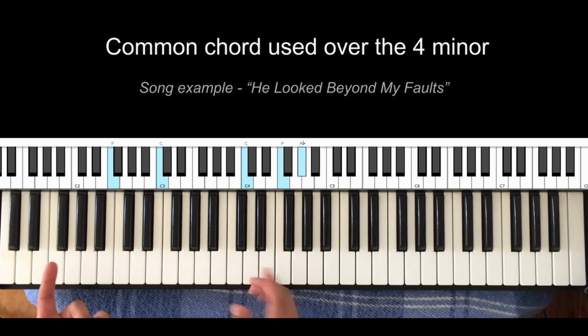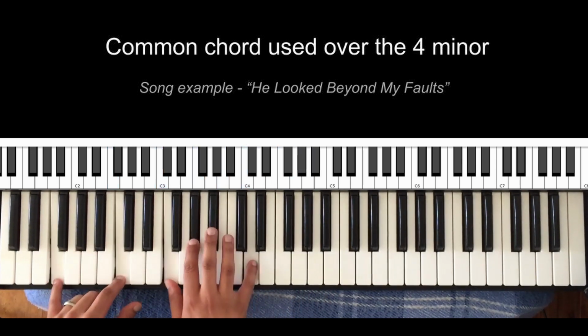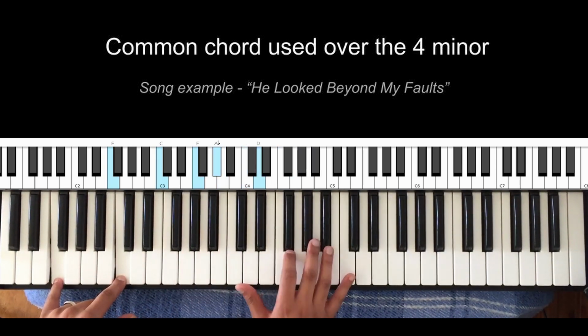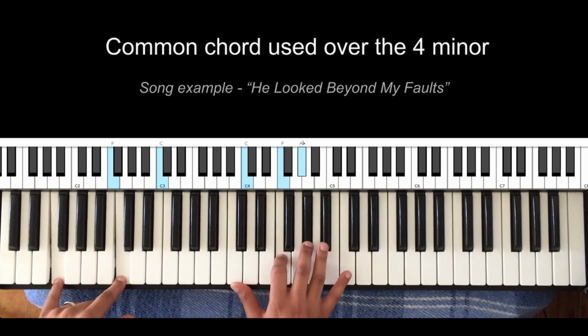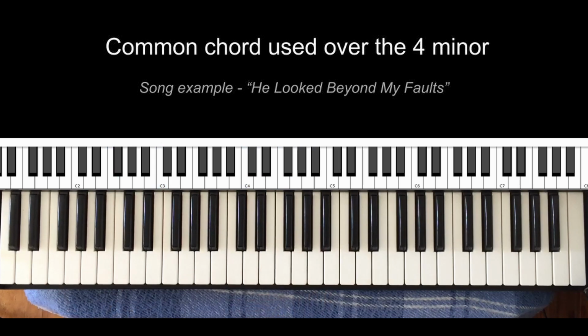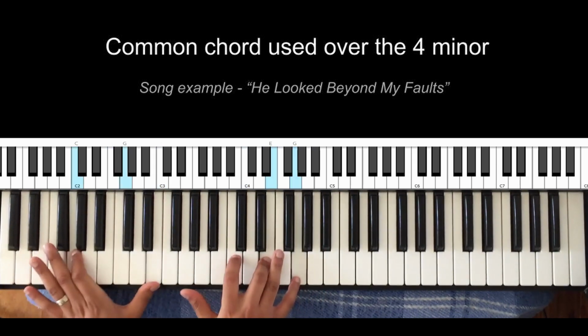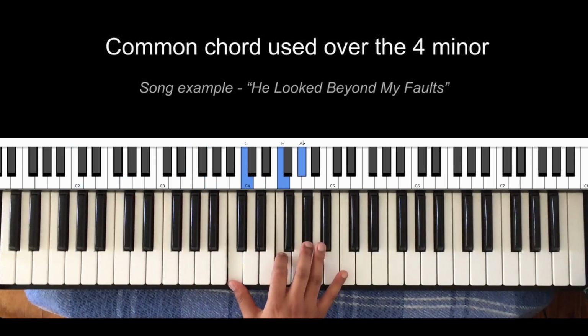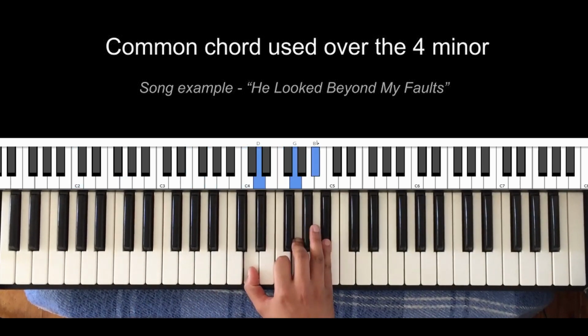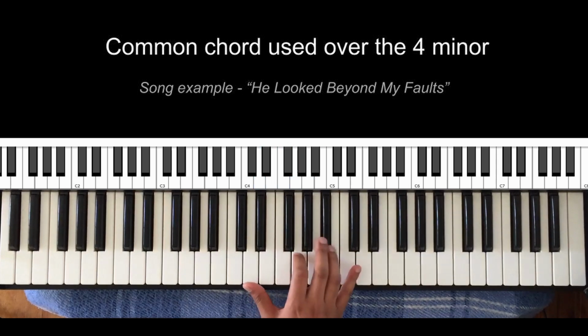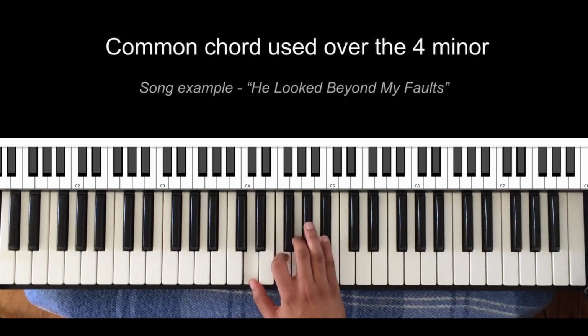So what I did there, I went to the 4 minor, went up a whole step, and then came back. That's the basic idea of it. We can add a little spice to that. What you can do over the 4 minor is play a little grace note. Over the G minor, we have D, G, B flat,